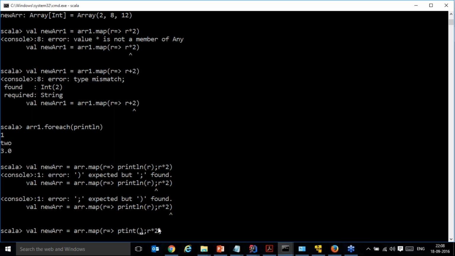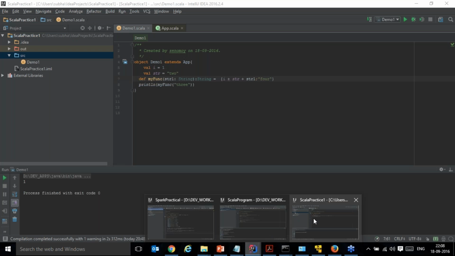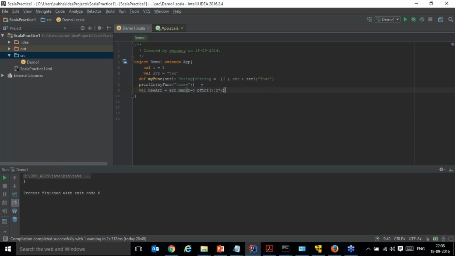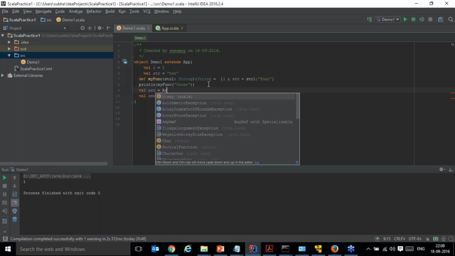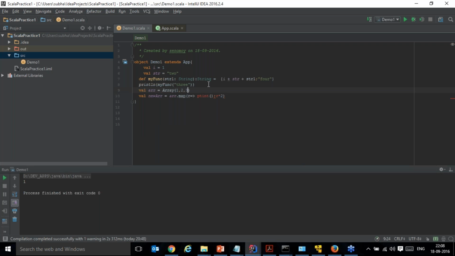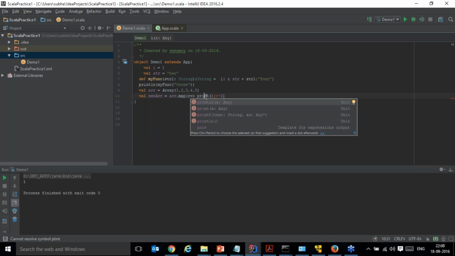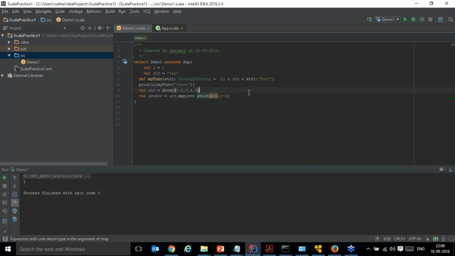Let's do it like this. When you use an IDE, it will show you what is the error that you're getting here. What it is showing is,